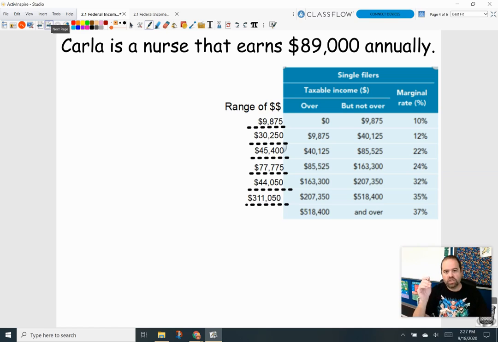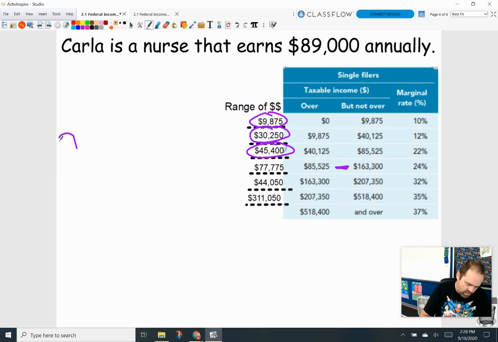Okay. Carla's a nurse, earns $89,000 annually. Very similar situation, but she's in a different tier, different bracket. So her dollar amount's going to be a little bit different. So she is $89,000. She's here. Right? She's between 85 and 163. So I know, again, 9,875 is here, 30,000 is here, 45,000 is here. I need to figure out how much of our $89,000 is in that fourth bracket because the rest has already been done for you. So I'm going to take